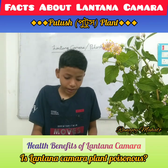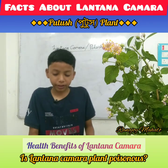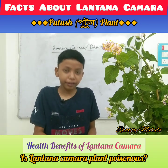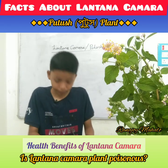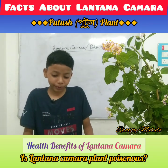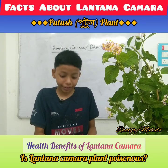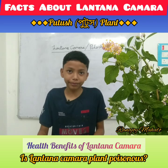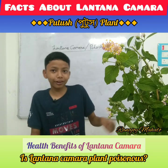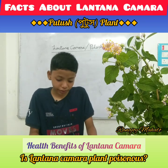Now, they are said to treat various common health issues such as fever, colds, coughs, headaches, skin infections, and digestive problems. Yes, by this plant, it can cure these things. From this pot, you can cure them all. Now, these plants are also said to have